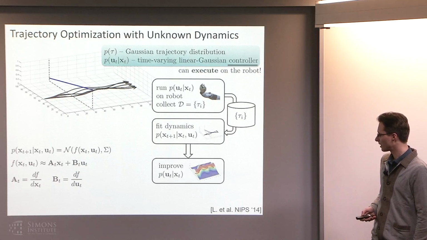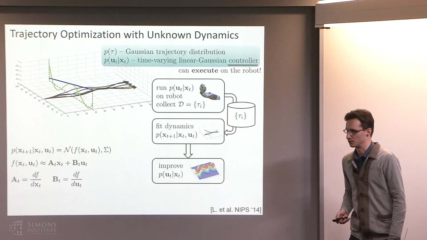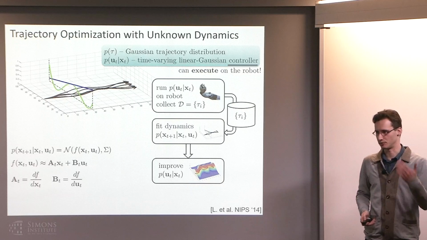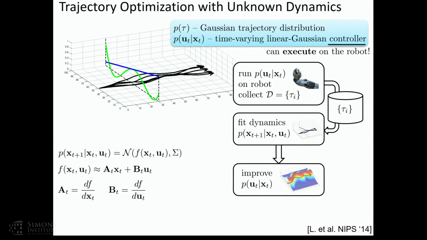That mostly works, but there's a little bit of a problem. So the true dynamics, of course, are highly nonlinear. So if you fit your dynamics with this linear regression method, and then you solve the resulting optimal control problem, you might go into a region where your linearization was completely wrong. And if you go there, then your controller might do something crazy, and your robot might damage itself, or your algorithm will diverge, depending on which of those things you consider as worse.